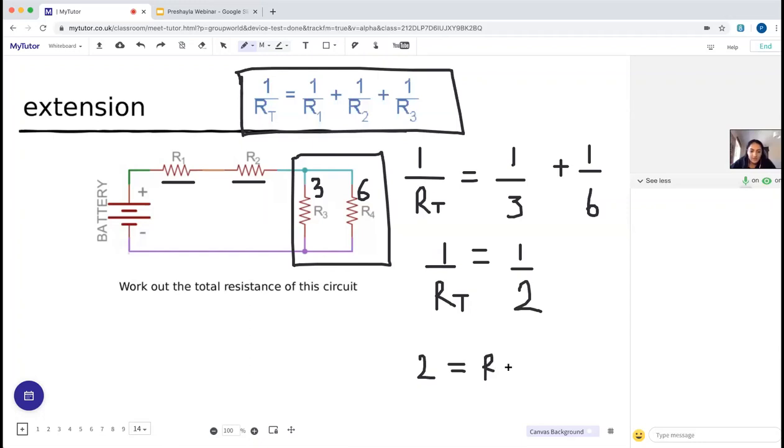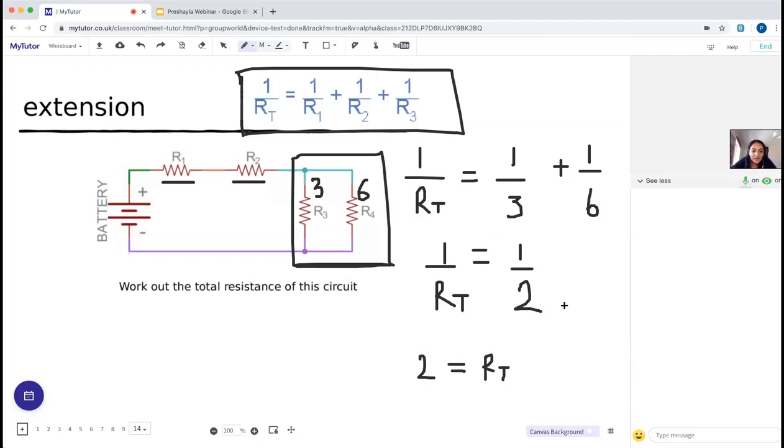So the total resistance in this part of the circuit, this black square, these parallel branches, is 2 ohms. So RT here is 2 ohms, but that's not the total resistance of the circuit. That's only the resistance of these parallel branches. So 3 and 6 are just the values of resistor 3 and resistor 4. We do 1 over the value of one resistor plus 1 over the value of the other resistor equals 1